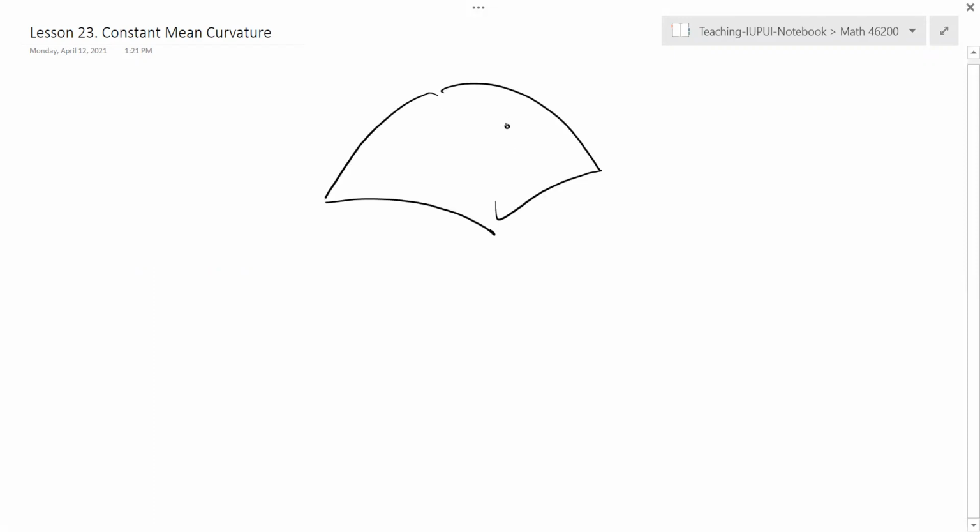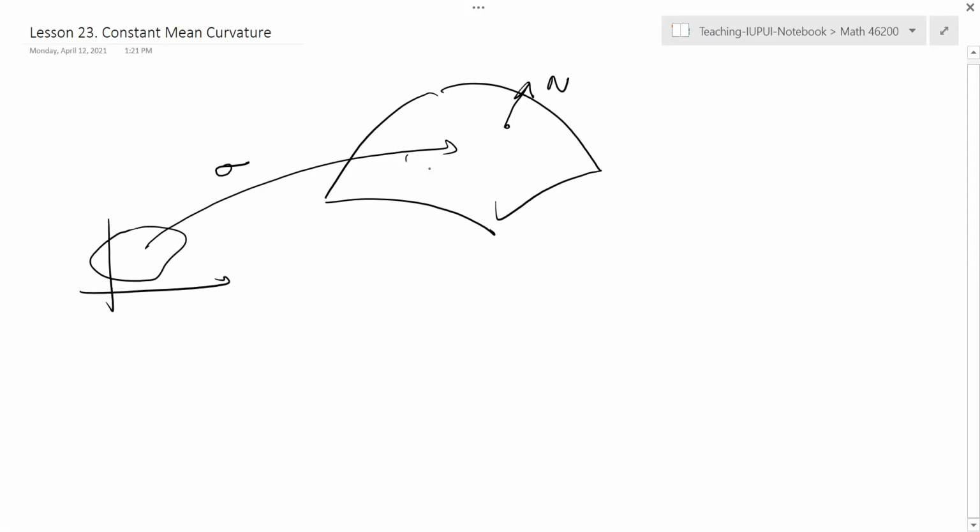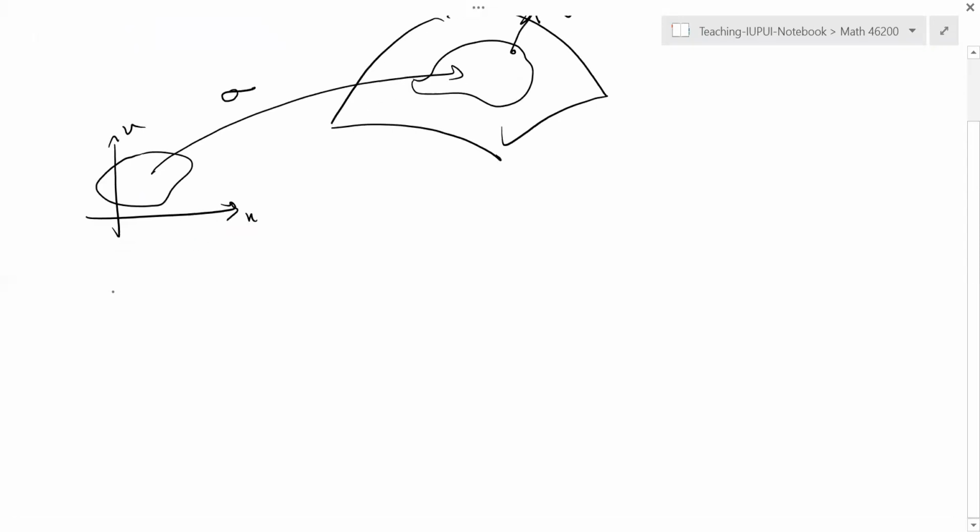Let me first of all give a quick review of what we learned. We have a surface in this space, right? And this is a normal vector, and then you have a surface patch, and this is a picture we always draw. Then we have